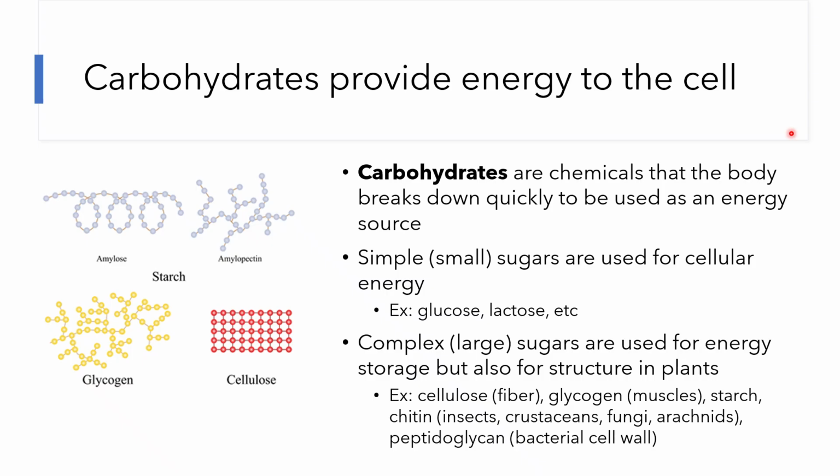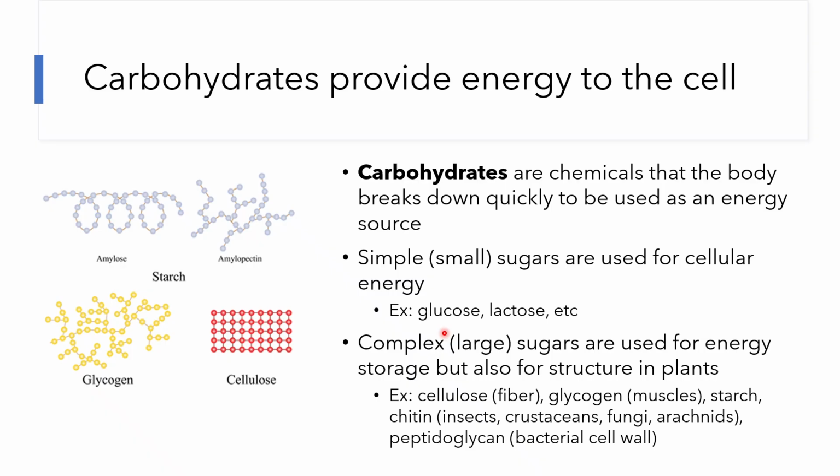So we're going to start with carbs because I think they are the most familiar for us to talk about. And carbohydrates, or carbs for short, are the macromolecule that the body uses to provide energy for the cell. So we can take these simple sugars and break them down and use them for energy. We'll specifically talk about glucose because glucose goes into our mitochondria and we use it to create ATP, or energy